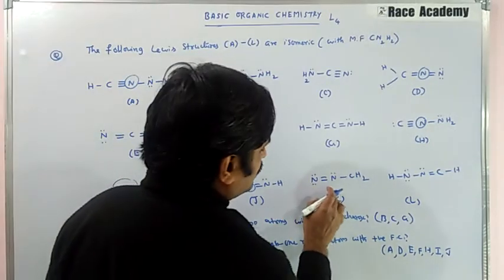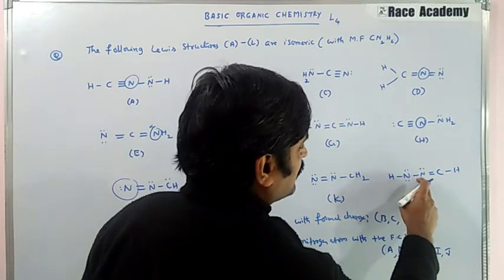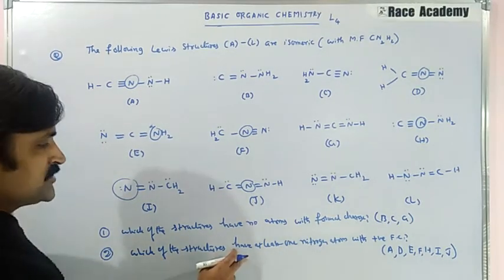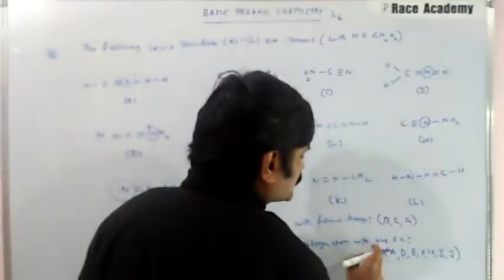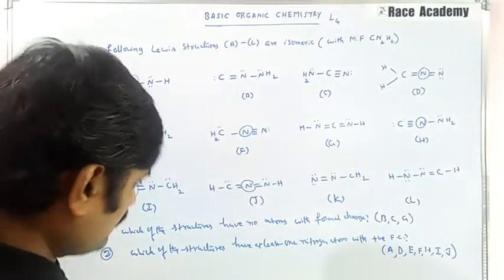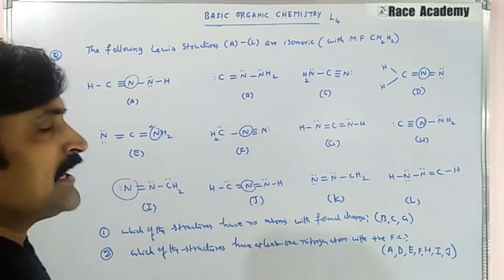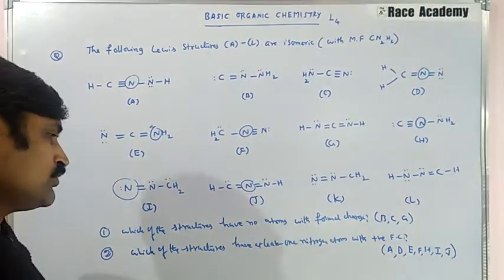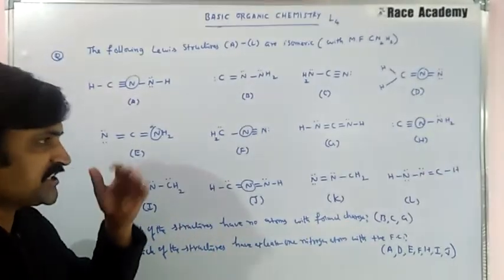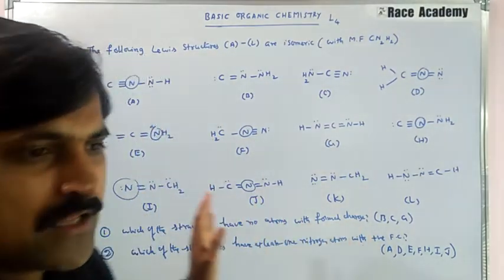But here everything is fine, this is negative here, and here the negative, here neutral. So these are the structures which have at least one nitrogen atom with a positive formal charge. That is correct only. In this question also, we have a very interesting thing which is noticed. The structures may be a little different and they may be wrong also, but we have to compare these properties and which properties match with that structure, that symbol we have to draw as the answer for the question.